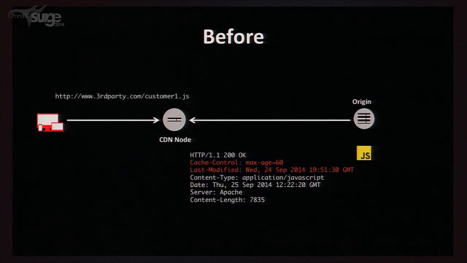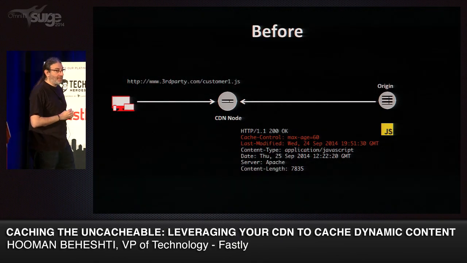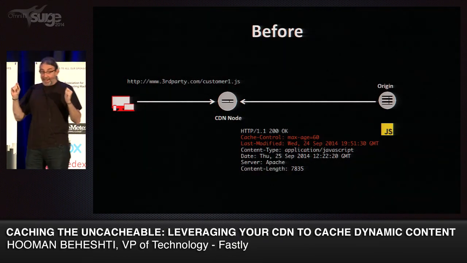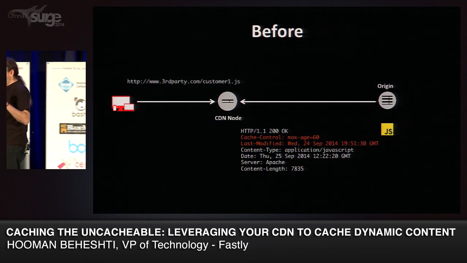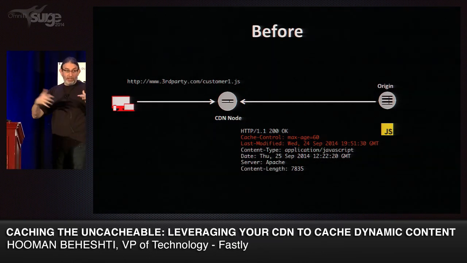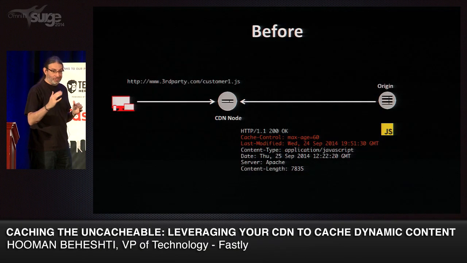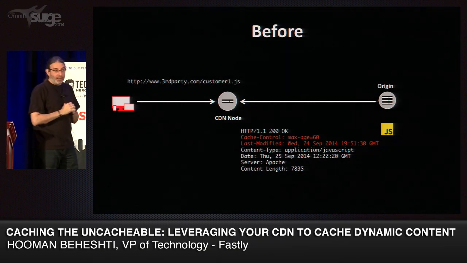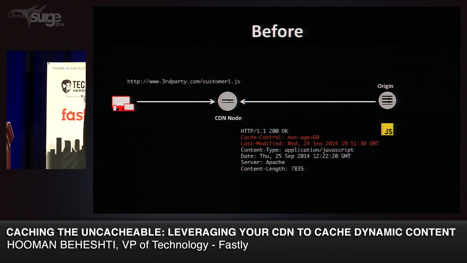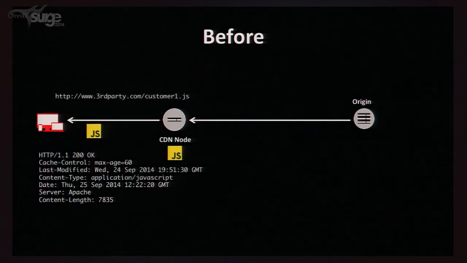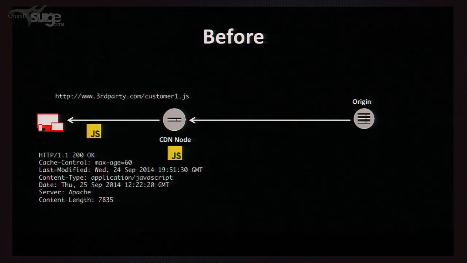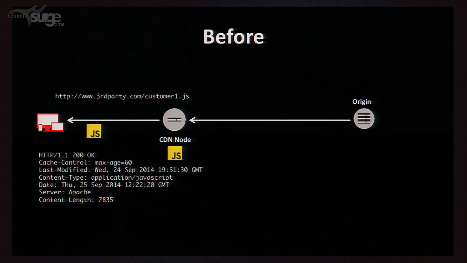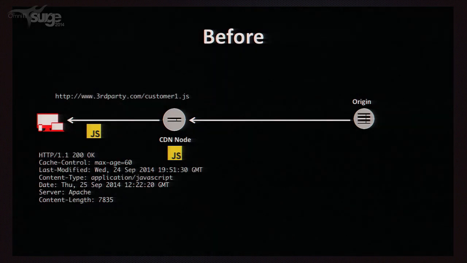So you put a max age header on that piece of content that's only a minute. And this is an actual story. I can't tell you who it is, but what I'm telling you actually happened. What you do is you put a 60-second max age on this, and you serve it to the CDN, and the CDN says, okay, that's cool, I'll cache this for a minute, if that's what you want me to do. You'll also serve that to the client, who also caches it for a minute. And then what happens after a minute,